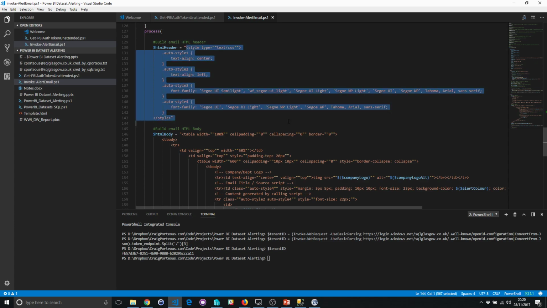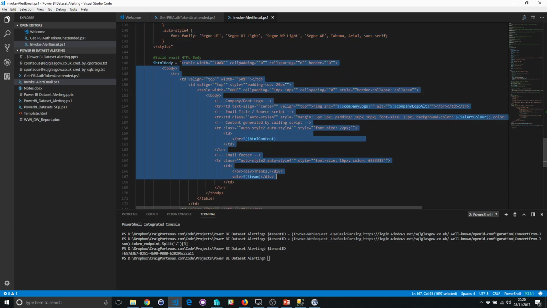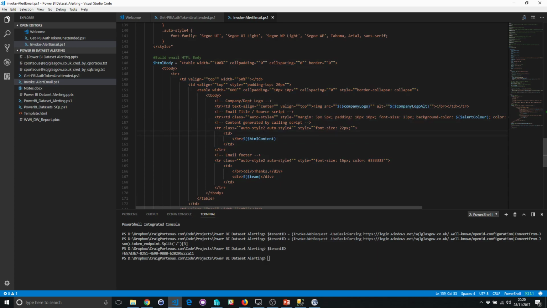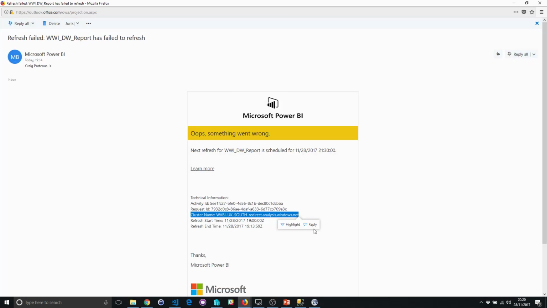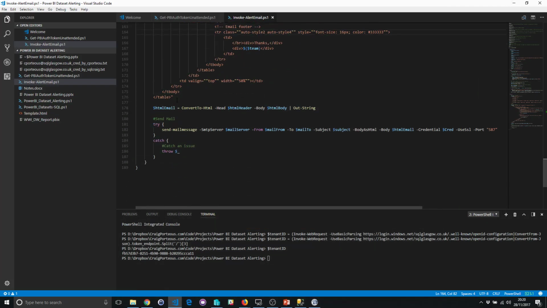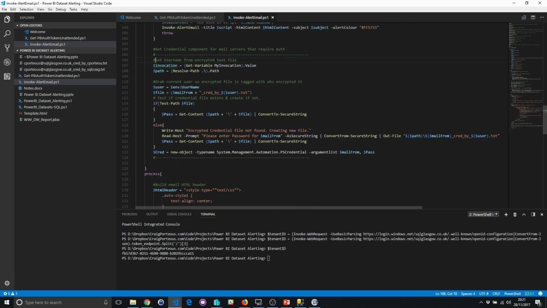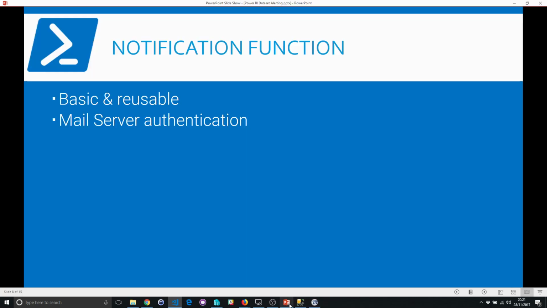And then building up the HTML header and then the HTML body and piecing in the components that I want to add. So most of this is basically just a carbon copy of the lovely layout of the Microsoft email. And at the end here, it's just basically sending the message. So I've added use SSL and the port number and the credentials, which if you're in a standard kind of corporate environment with an Exchange server, you shouldn't need any of them, and you shouldn't need the authentication chunk in here as well. So jumping back,